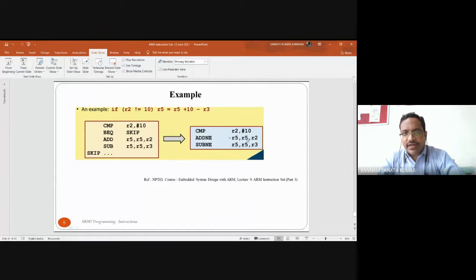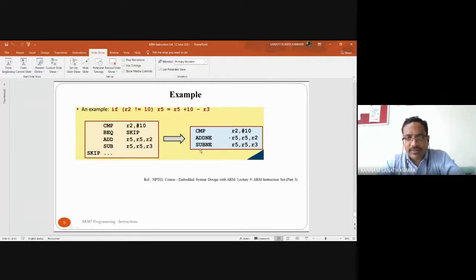Before adding, it will compare the content of R2 with 10. If they are not equal, then it will come here. Next it will add, so R5 plus 10 will be added, and that will be stored in R5.